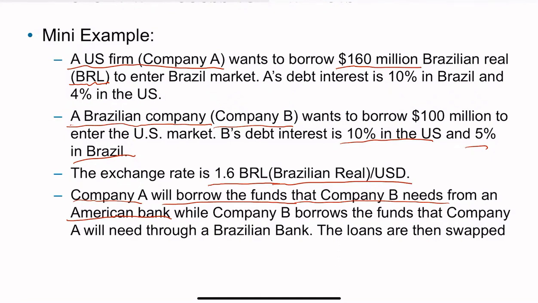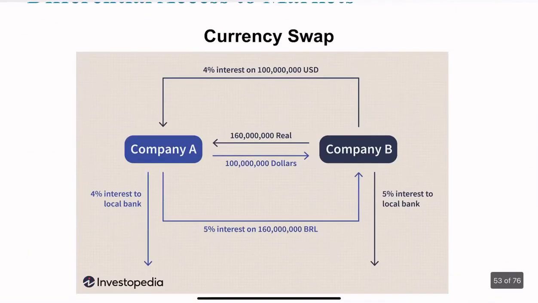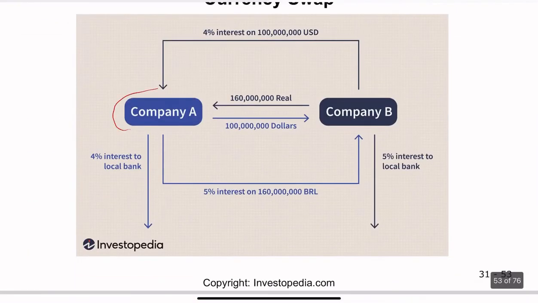And then firm B, which is a Brazilian firm, would borrow the funds that firm A needs in Brazil through a Brazilian bank. Then they will swap their loans, right? So it's like A would borrow